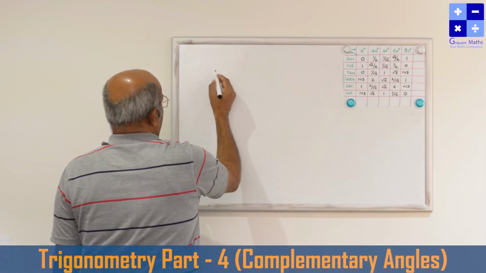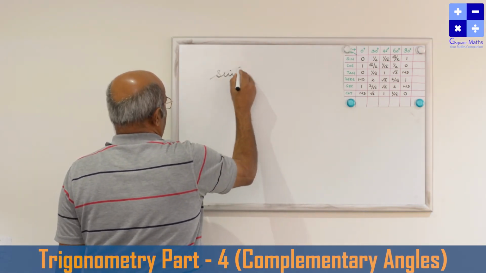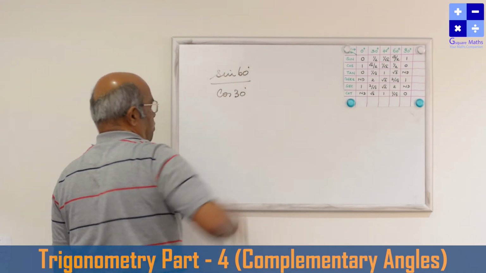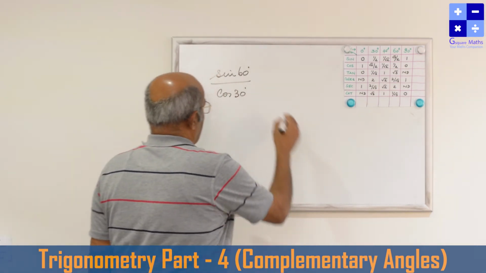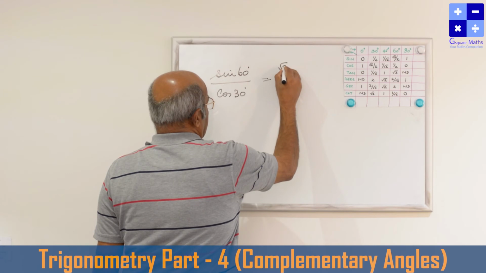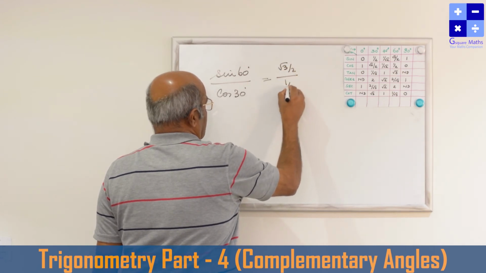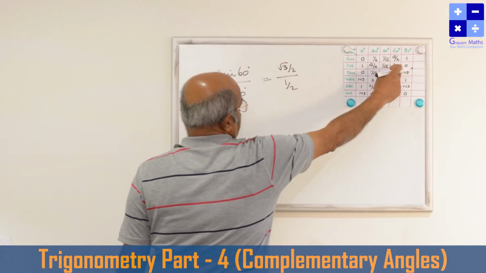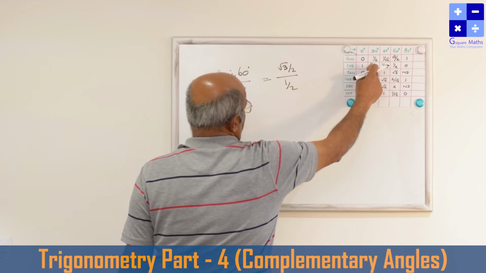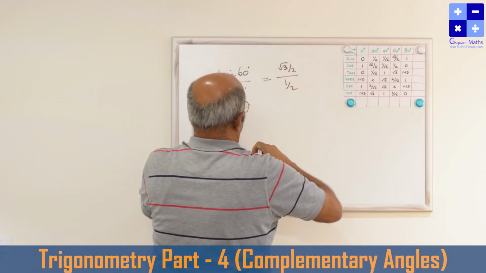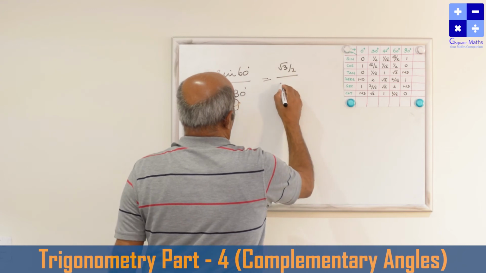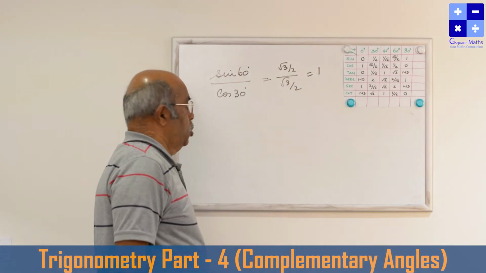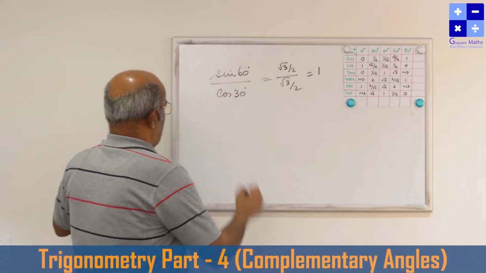So let us find out some problems. For example, sin 60 by cos 30. We know sin 60 is nothing but root 3 by 2 and cos 30 is nothing but this. So that is equal from this table. Sin 60 is equal to root 3 by 2, cos 30 is also root 3 by 2, sorry. That value is 1. So without substituting these values also, suppose for example,